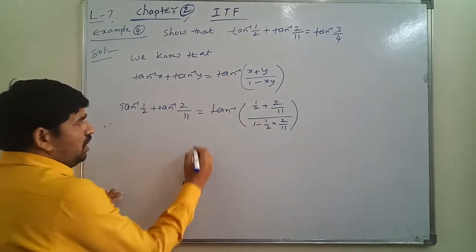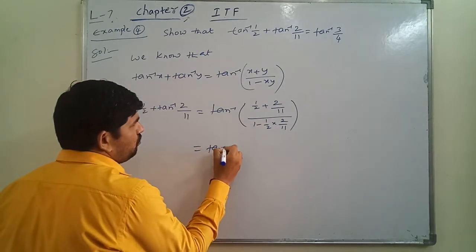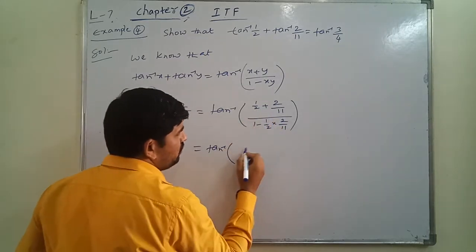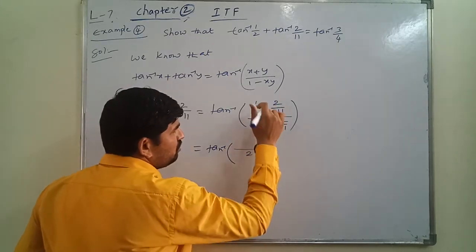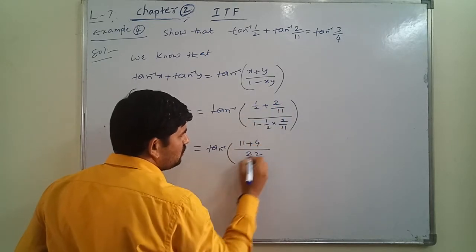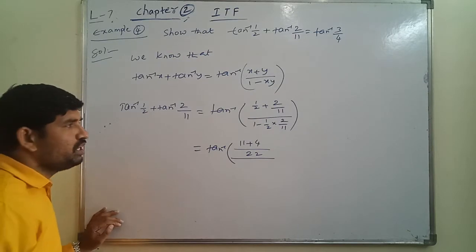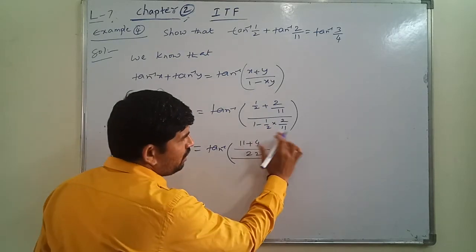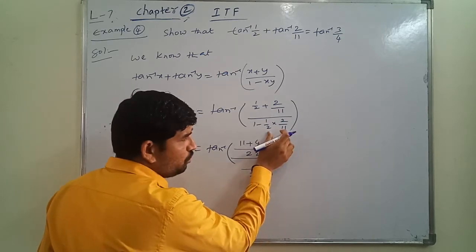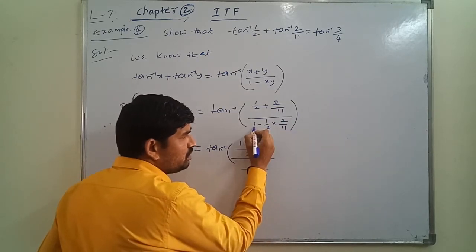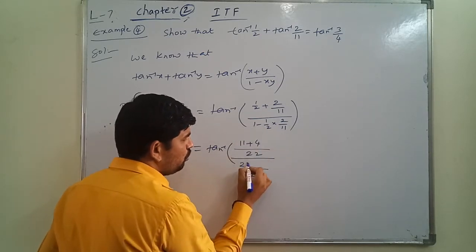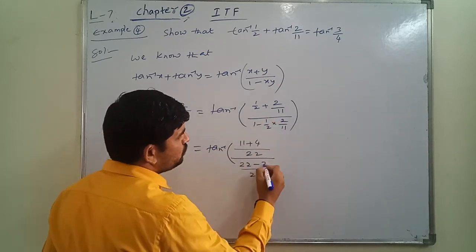Yes. After that, tan inverse of, I will write here. So the LCM we can take is 2 into 11, which is 22. The cross multiplication of this is 1 into 11 is 11 plus 2 into 2 is 4. Yes. We have completed the numerator part. See the denominator, again in the denominator also we take the LCM 22. Yes, 2 into 11 is 22. So 22 is the LCM, multiply this with 1. So 22 minus 1 into 2 is again 2.